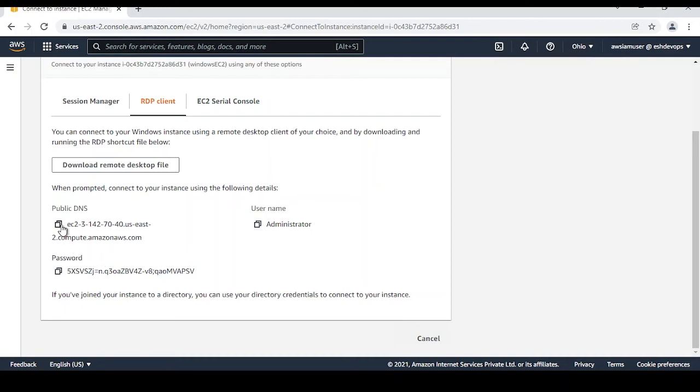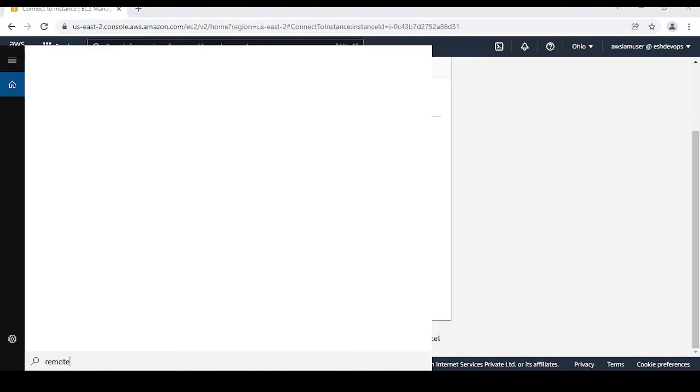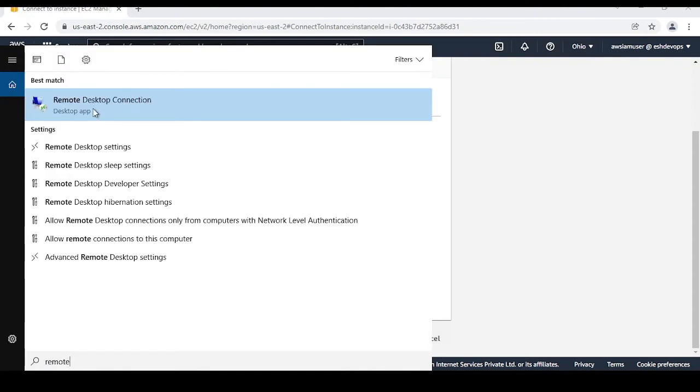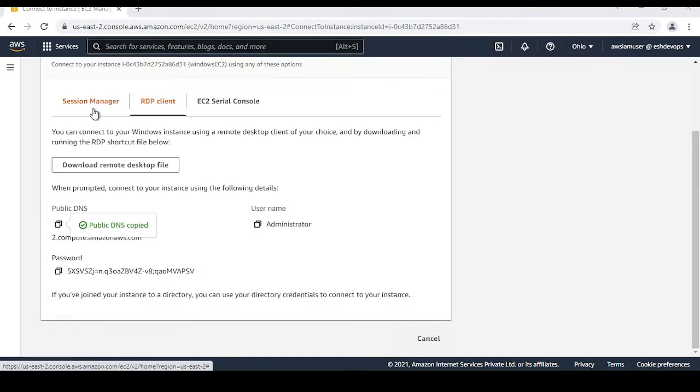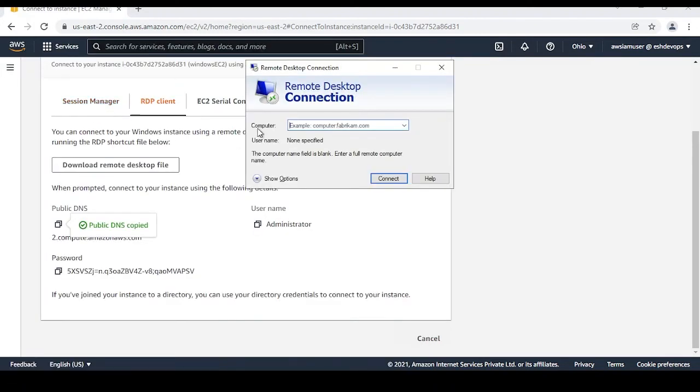Now, you can also take this private DNS, guys. There is no issue. You don't have to hardcode the IP; you can also use this DNS name, which is also called the fully qualified domain name. I just copy this one, and after that you go to the search option and click on remote, and you get the first option, Remote Desktop Connection. You just paste this DNS name, I copy the password, and after that you just click Connect.